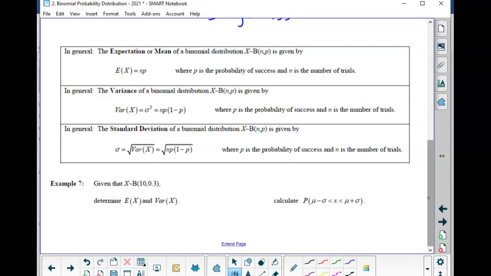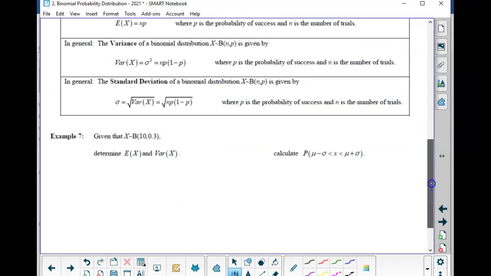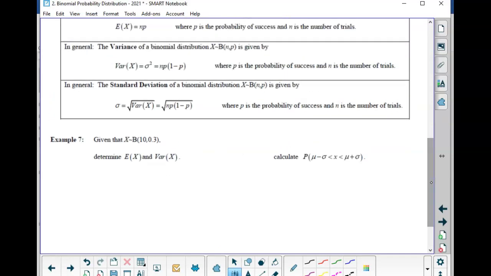So there you go. Okay, so sometimes you're not even given what the example represents, but you're given this notation, so you know